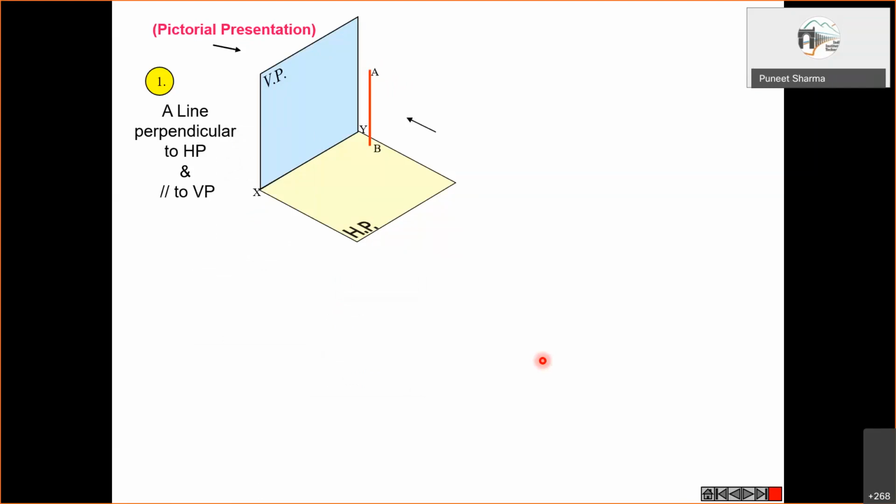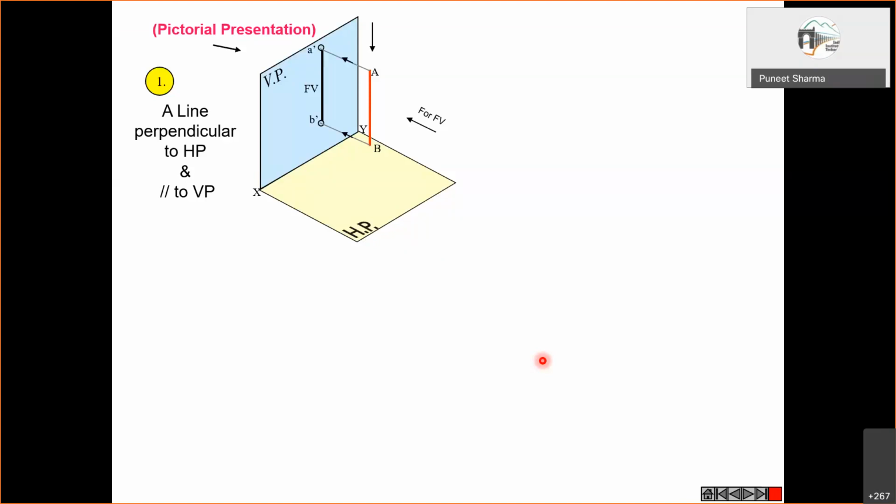From here we observe the line for the front view. It is projected onto the vertical plane, and we get these two endpoints. Joining these, we get the front view of the line segment, A dash and B dash. The endpoints of the line are named capital A and capital B, so the ends in the front view are named small a dash and small b dash, the usual convention we discussed in the previous class as well.